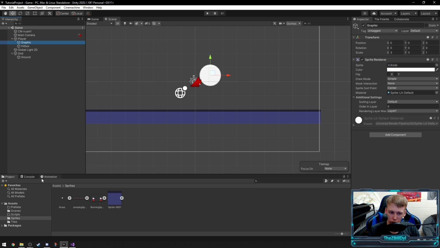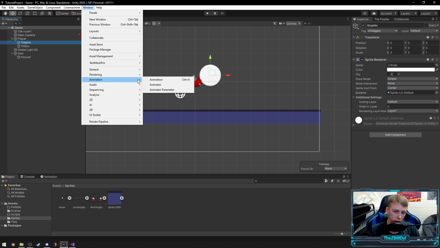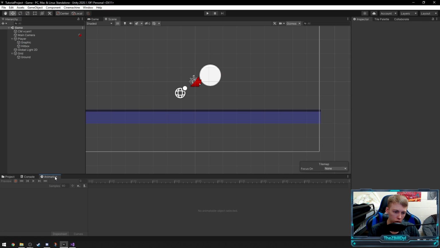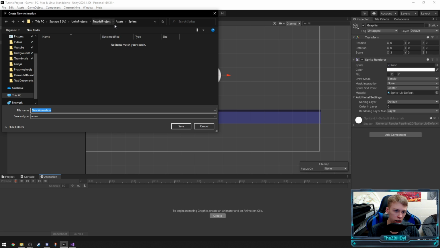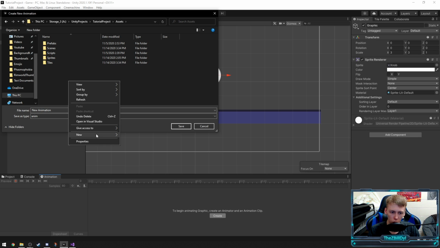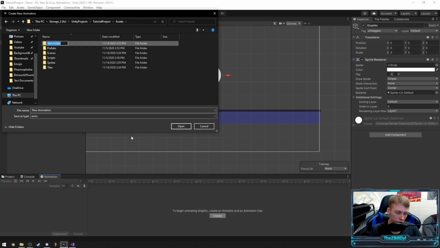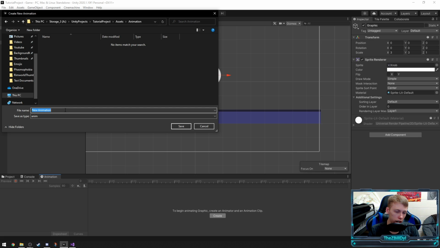I believe we can actually create an animation. So what we can do is go into this window up here, go to animation, and then just open up the animation window. Then click the animation tab and dock it someplace. And then we just click on the graphic and click create. When it opens up this window, go ahead and create another folder someplace in your project called animation. Double click that folder, and then in here we're gonna do the